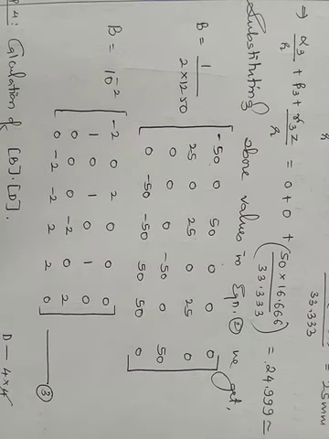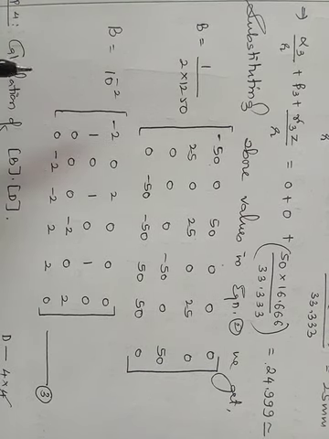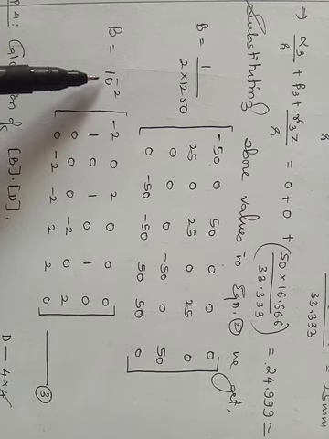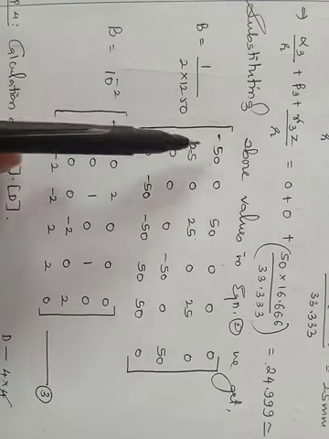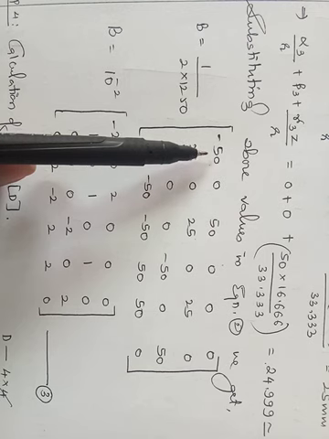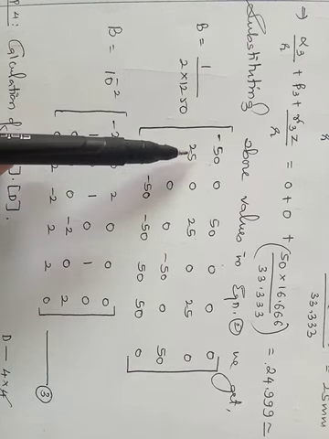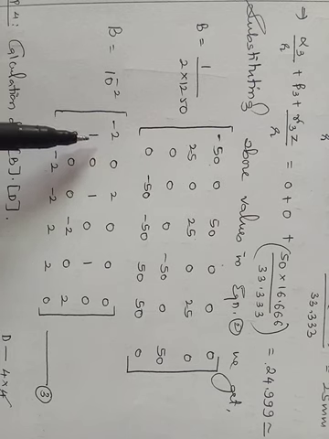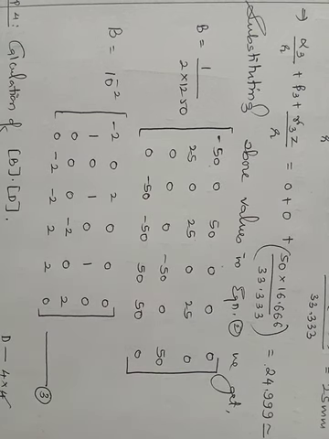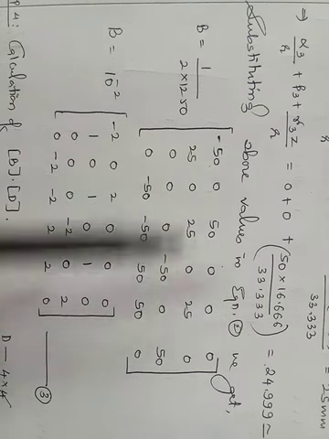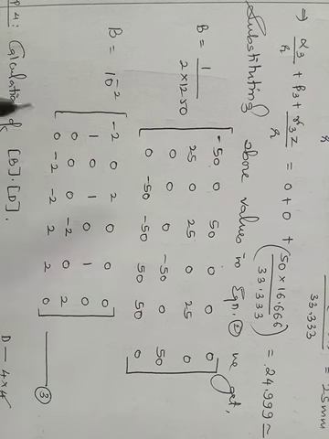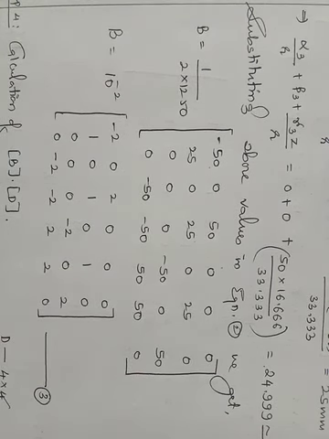So if you take 25 outside, I will be getting 25 divided by 2 into 1250, so that comes out to be 10 raised to minus 2. Since I have taken 25 outside, it is minus 2, because 25 into minus 2 is minus 50. 25 into 1 is 25, so it is minus 2, it is minus 1. So wherever there is 50, you will be getting 2, and wherever there is 25, you will be getting 1. And obviously if you are having a negative sign at 50, you will be getting minus 2. Right, so I hope this step is clear. I have done nothing, I have just taken 25 common in the entire matrix, and remaining elements I have written here as it is. So that is your B matrix.